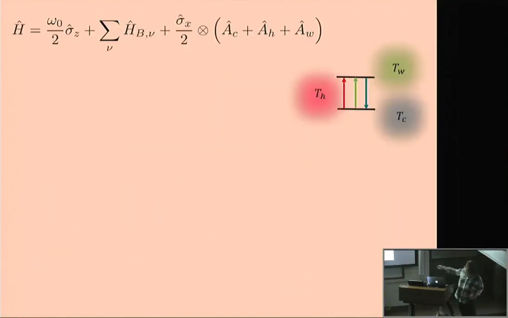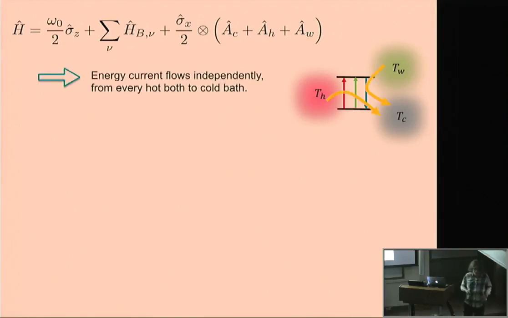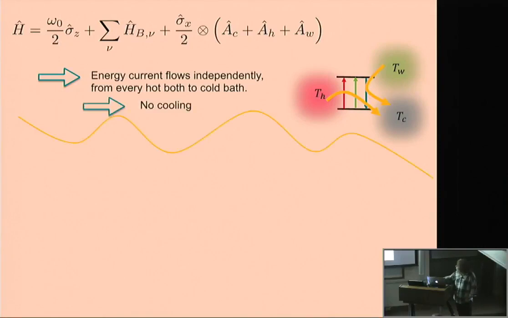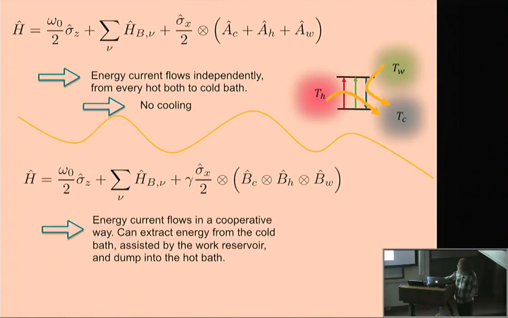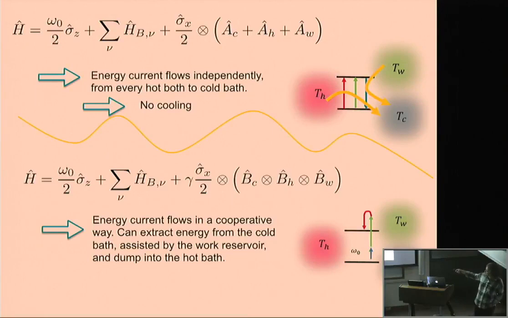So now a few more details. If you think about the qubit with weak coupling, if it's weakly coupled to the different operators of the bath, obviously you can prove immediately that you cannot realize the cooling, because the reservoirs act independently on the system. Each of them individually is going to send energy to the cold bath. There is no way to cool down a cold bath in this scenario. What we do is have this multiplicative interaction, and therefore realize this cooperative effect, and now we are able to cool down, to extract energy from the cold bath.